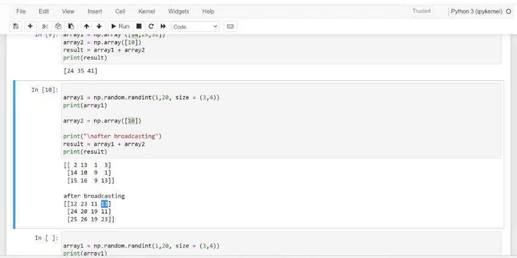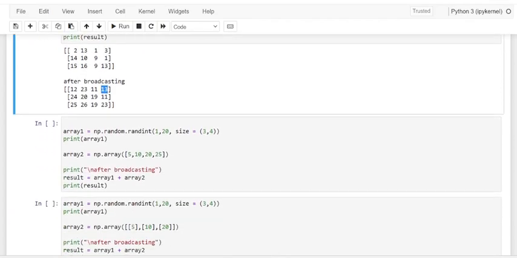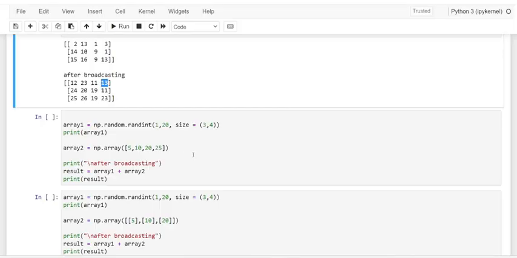And see here, dear friends, let me have some more examples with 2 arrays. Array 1, let me have it as 2-dimensional with 3 rows and 4 columns. Here is one more example. And next we have the second array.